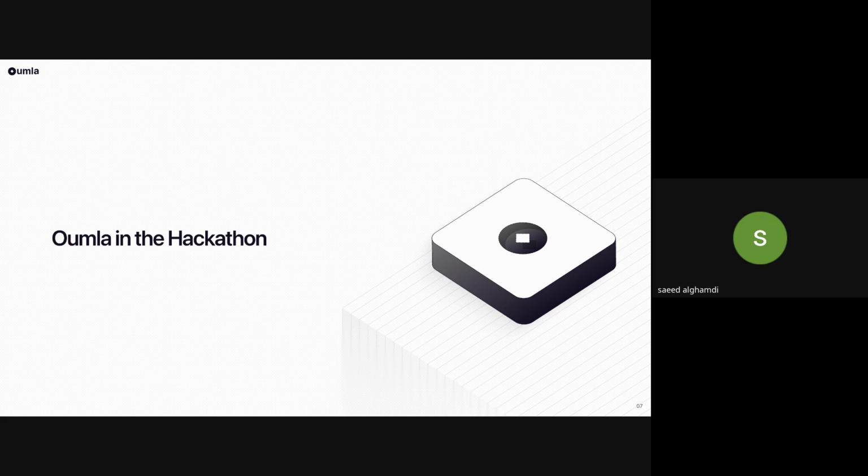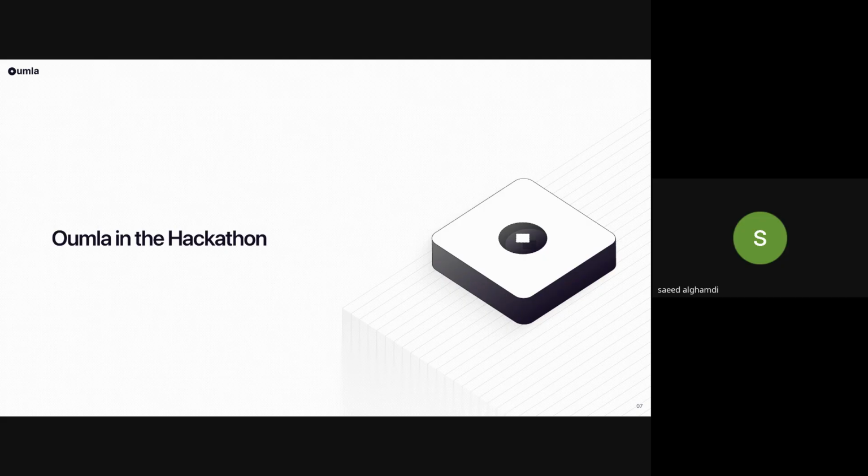Basically, we will help you build anything on top of blockchain without worrying about the complexity. During the hackathon, Oumla will provide you a private blockchain network that will enable high performance and fast transactions, and also simple tools to deploy smart contracts, tokens, and generate wallets and addresses.